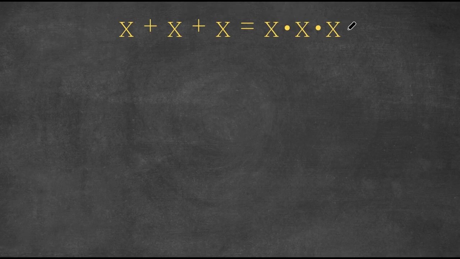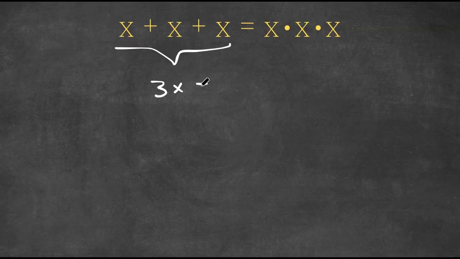Now, what we're first going to do is simplify both sides. So let's first start by adding these three x's. x plus x, well, that's 2x, and 2x plus x is 3x. So we have 3x